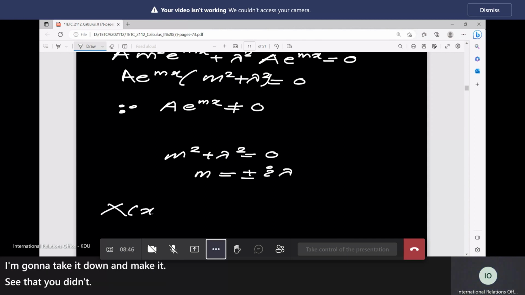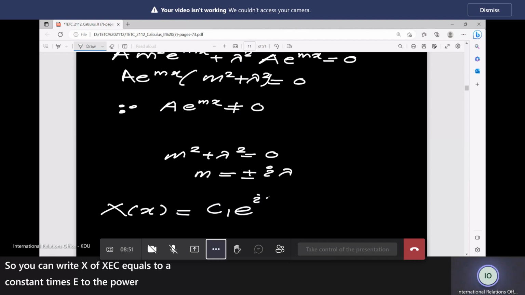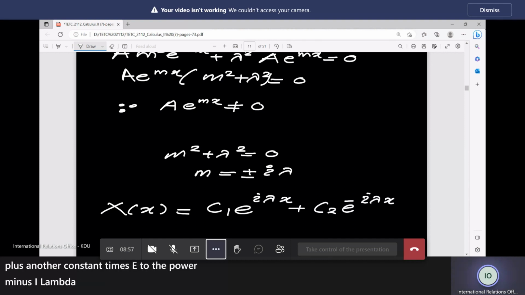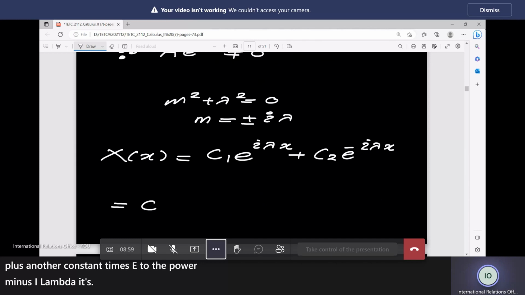So we can write x of x is equals to a constant times e to the power I lambda x plus another constant times e to the power minus I lambda x. So this is equals to C1 Euler's formula e to the power,